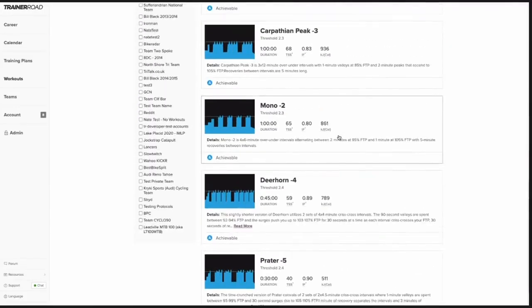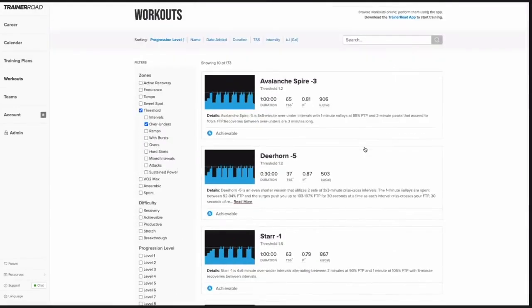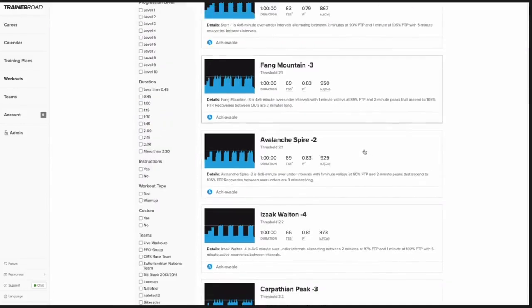Now, one thing I want to be clear about here is that not all combos are possible. So if you want a threshold workout that is 2 hours long and a level 1, it's probably not in our system, because just the fact that it is so long, there's no easy workout for that. Or you want a 4-hour endurance ride that is a level 1. That's just not possible. So if you see holes in it, that is why. But you can still move through and see all this stuff.